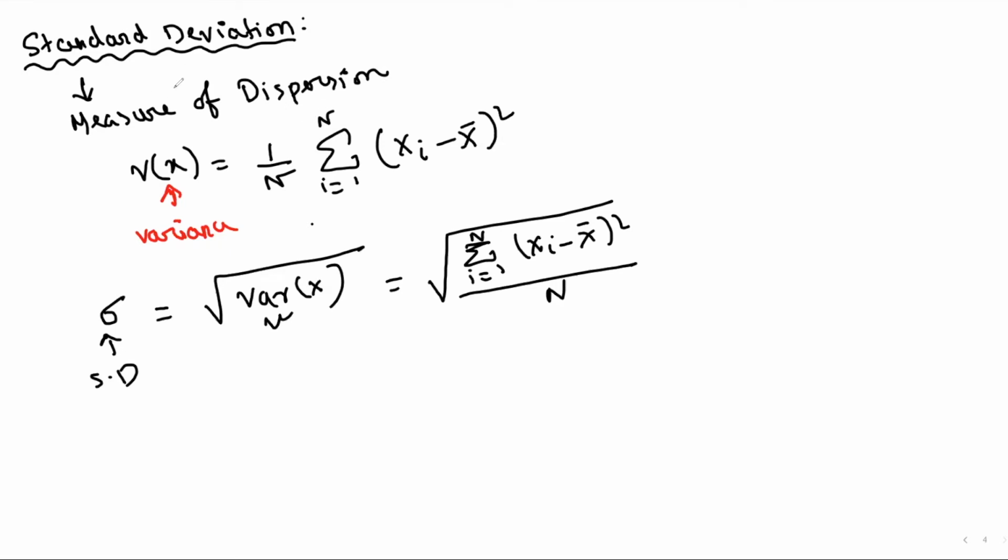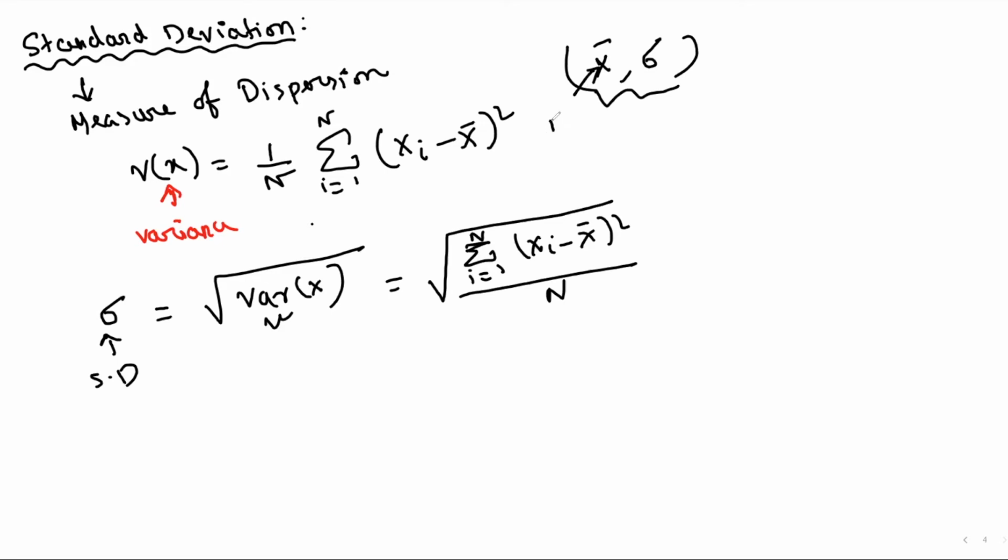Normally, in statistics or in data science, we talk about mean and standard deviation. These two. That's why I first made you understand the variance part, because standard deviation is the square root of the variance only. And in our upcoming lectures, most of the time we will talk about